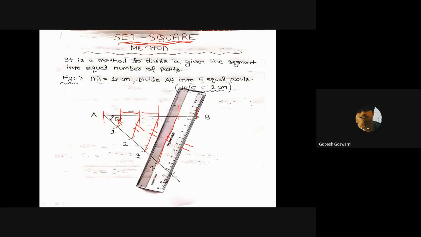Sir, if I am making equal parts on the second line anyway, then I could do it directly on line AB. No, again I told you just 2 minutes before, if you are getting a distance of 1.45 centimeter, then how will you get the point 0.05? Okay. Sir, how will I measure 1.45 on the compass?